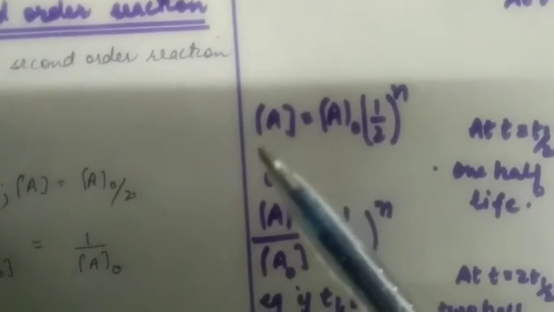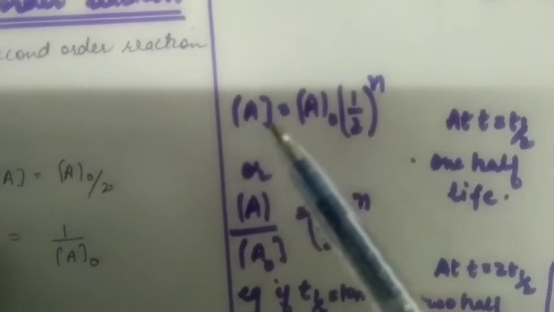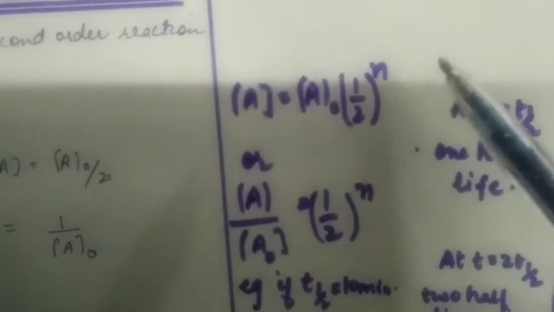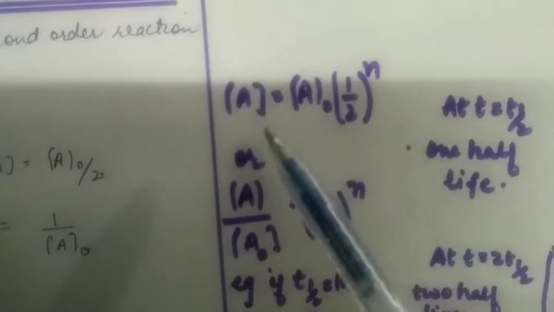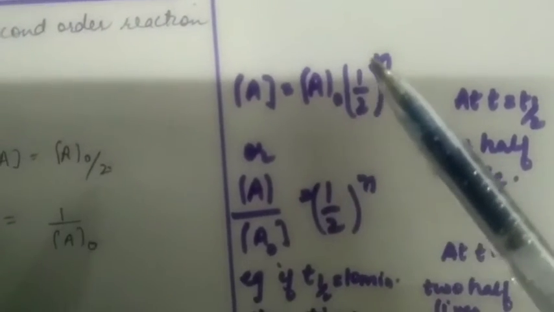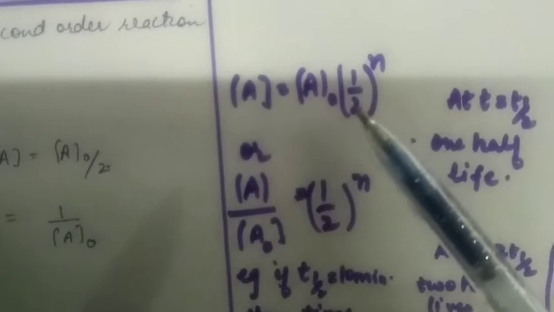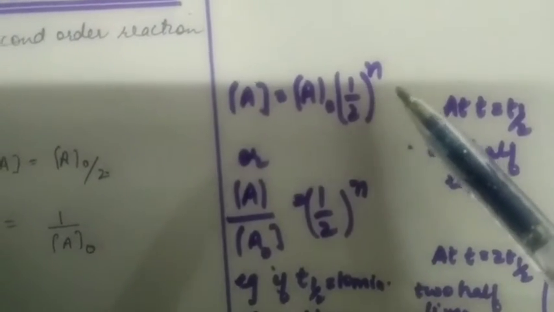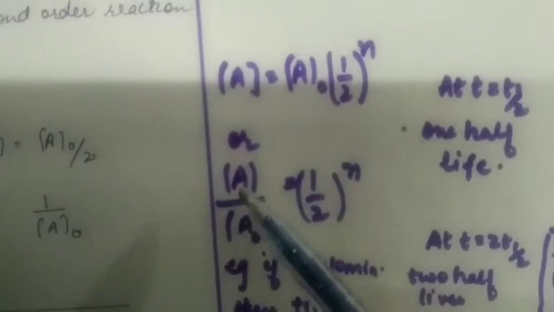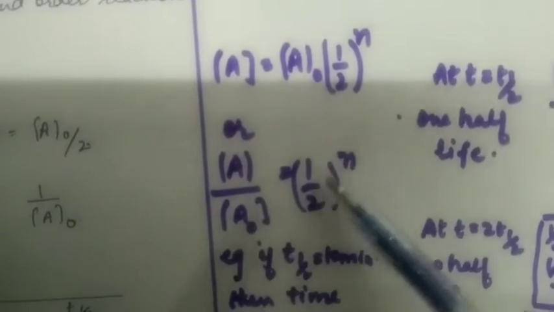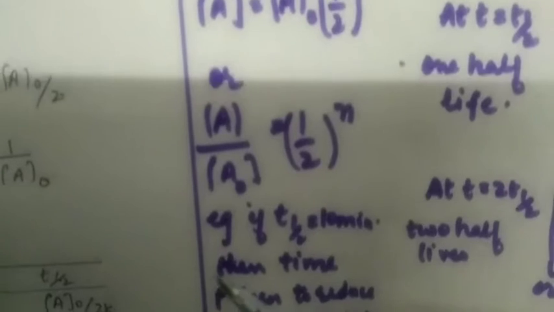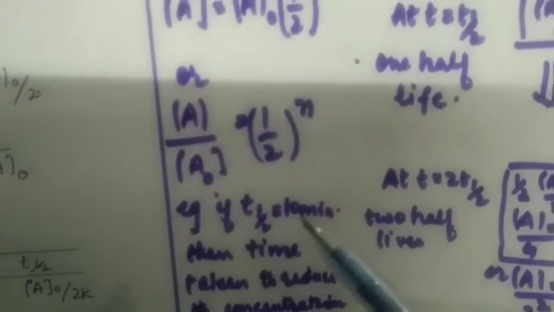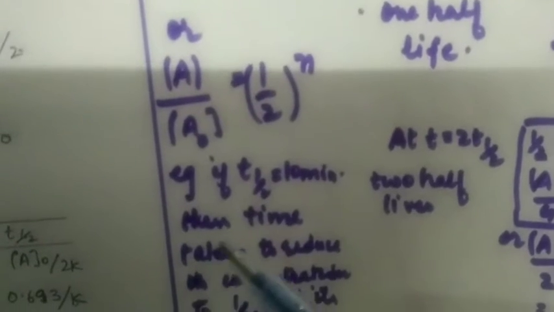We have this expression A is equal to A naught into 1 upon 2 raised to power n. Concentration of A is equal to A naught into 1 upon 2 raised to power n, where n is the number of half-lives. So taking A naught to this side, we get A upon A naught is equal to half raised to power n. For example, if T half is equal to 10 minutes, half-life is 10 minutes, then time